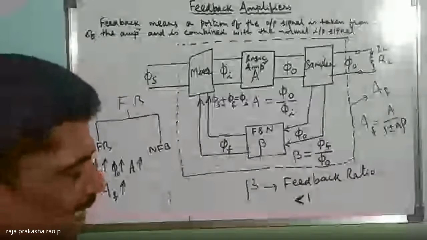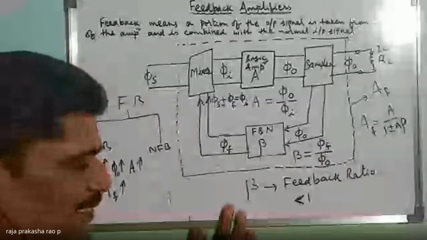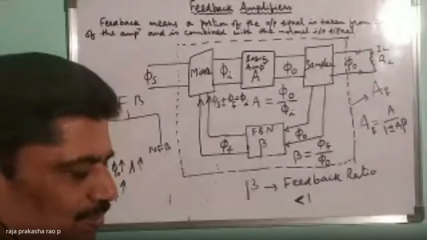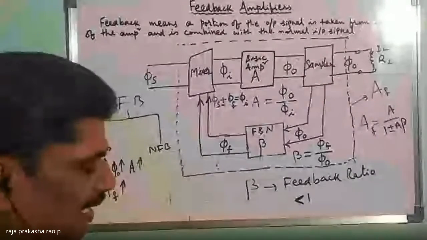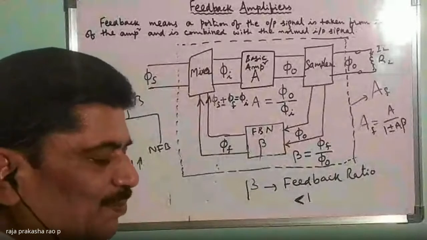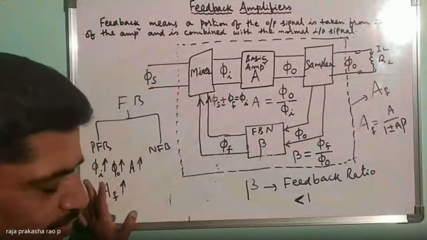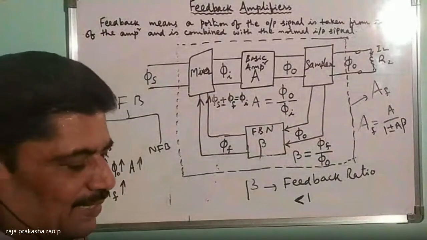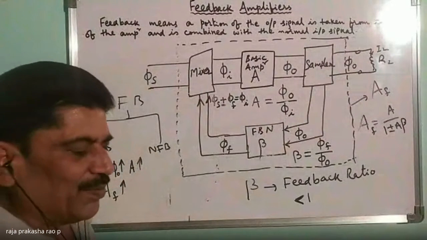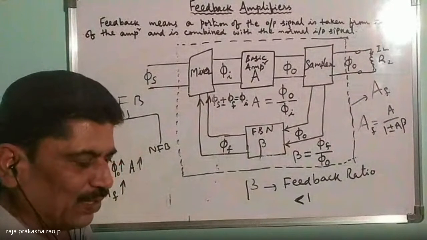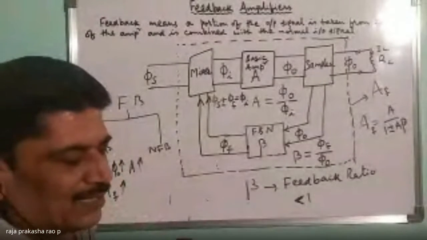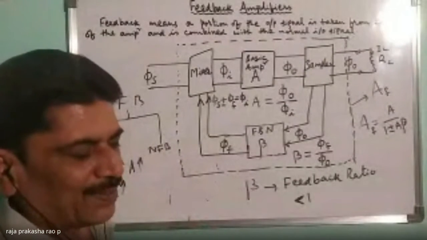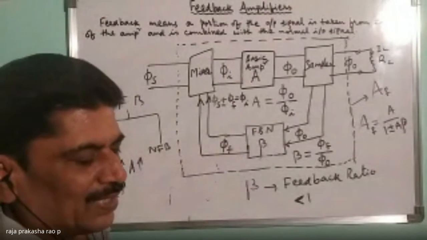Okay, when feedback gain increases, noise also will increase. Just remember this. When feedback gain increases, noise also increases, and it leads to instability of the amplifier. These are the effects of positive feedback, and it reduces the bandwidth. Bandwidth of the amplifier is reduced. I have shown that frequency response curve while I was teaching you using those PPTs.